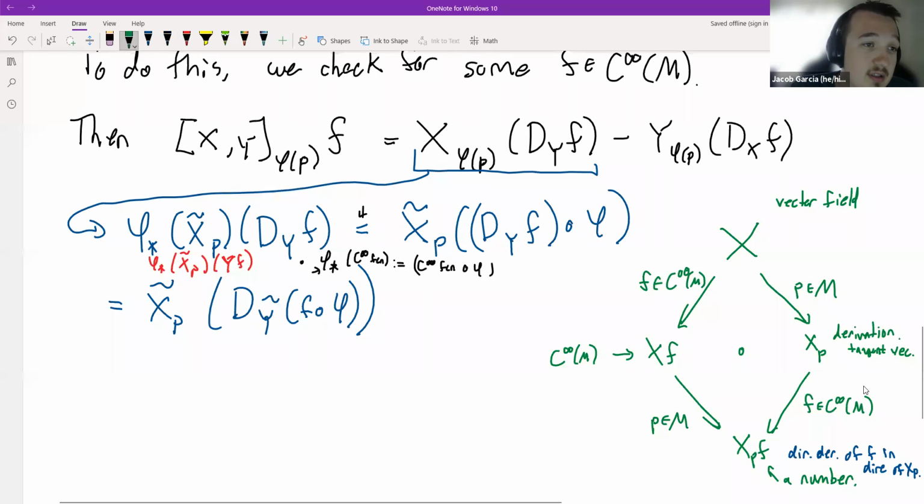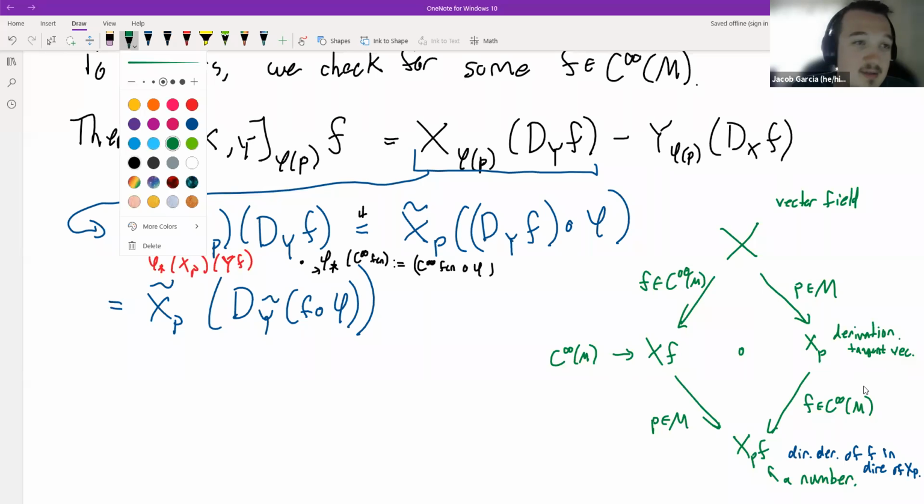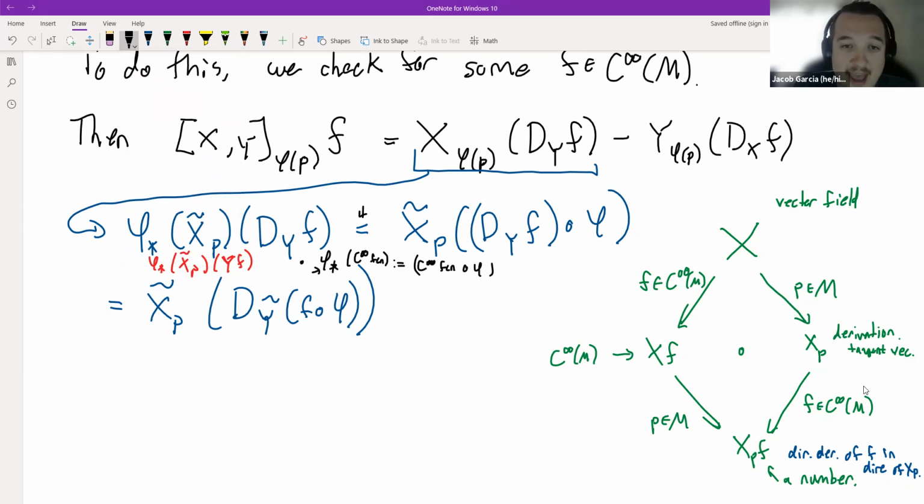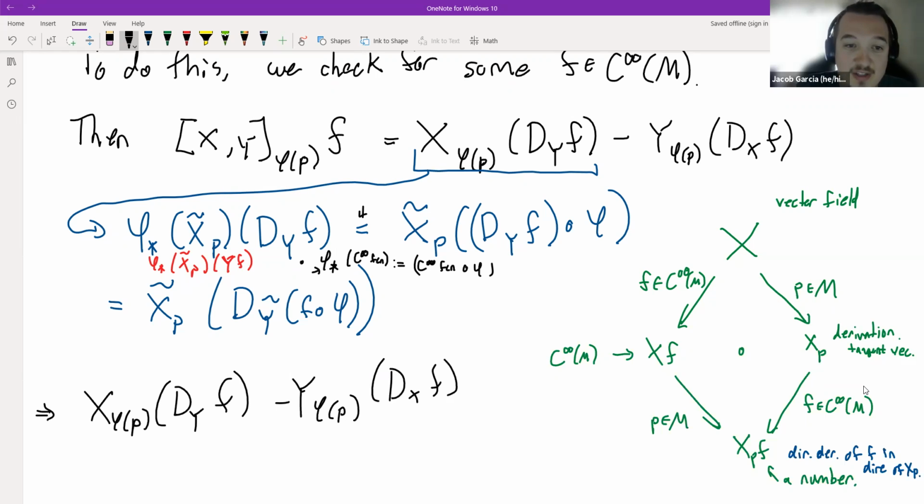Okay, so I guess that was supposed to be green, but my colors are all wrong. Okay, so going back to my original black statement, I have that xp of dyf minus yp of dxf. If I do this thing that I did in blue to both statements, okay, I get that